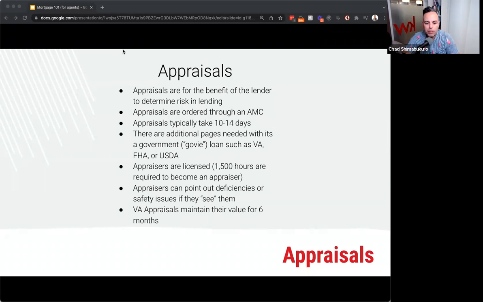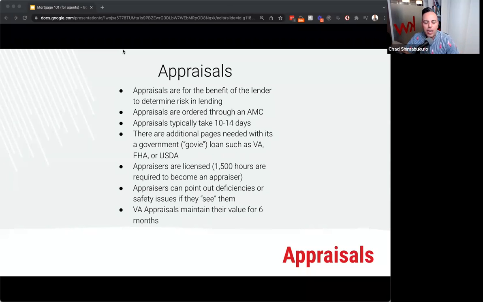Appraisers can point out deficiencies or safety issues if they see them. So this is where it becomes a little bit of an issue too. And I have the next slide will kind of point to some of that. Most appraisers are not qualified to do anything except for appraise. But because of the power that they hold, some appraisers take it upon themselves to put on a construction hat, pun intended, to kind of go in there and go, you know what, there's a watermark here. I'm going to make this something called subject to. And I'm going to point this deficiency out. I'm going to point that deficiency out.